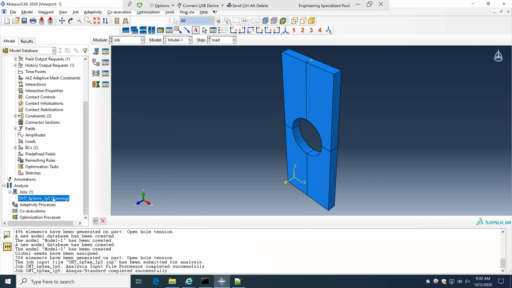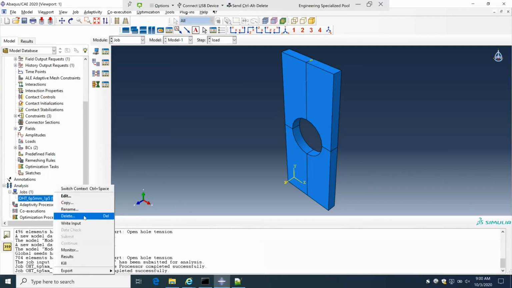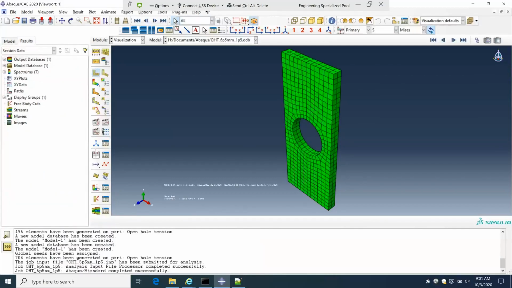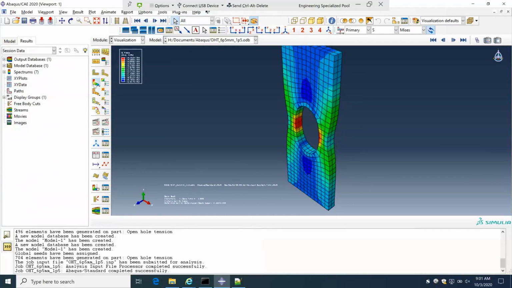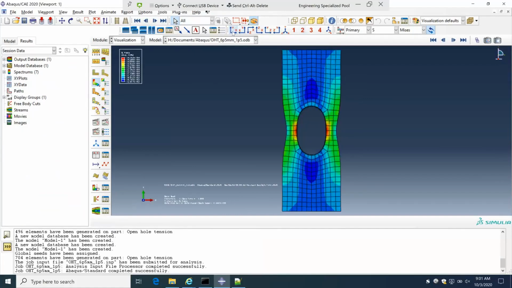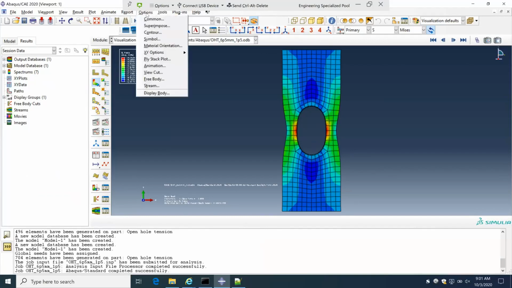So I'm going to now try to visualize the 2 simulations I've run so far. I'm going to go to the results tab and check on my final result. Okay, since this looks way too deformed for me, and Abaqus generally does that. Abaqus has this deformation scale factor that it blows up the deformation to see how exactly